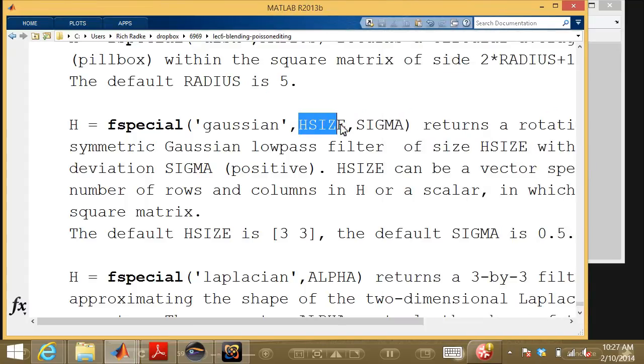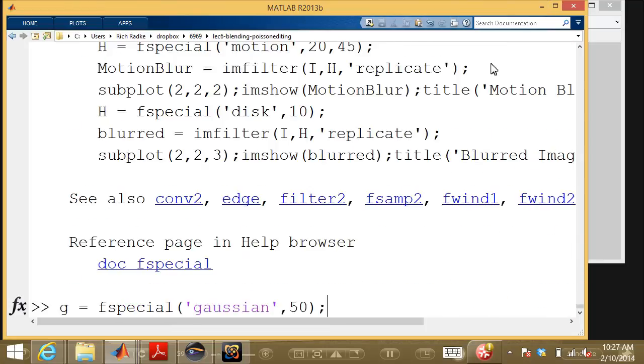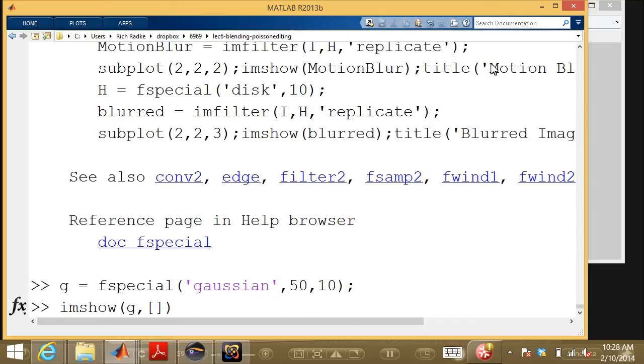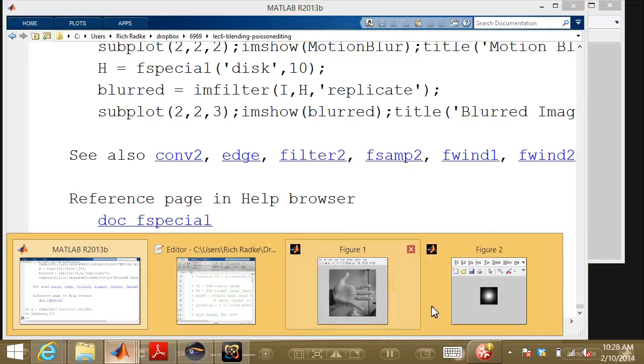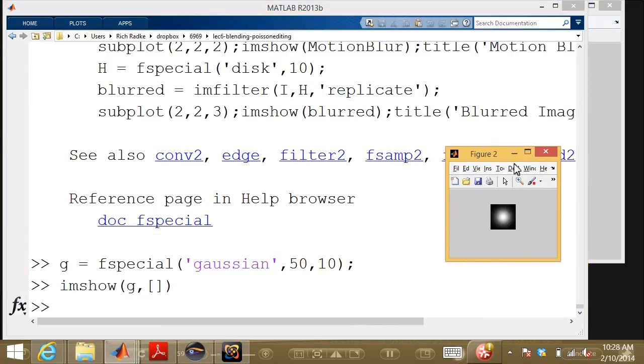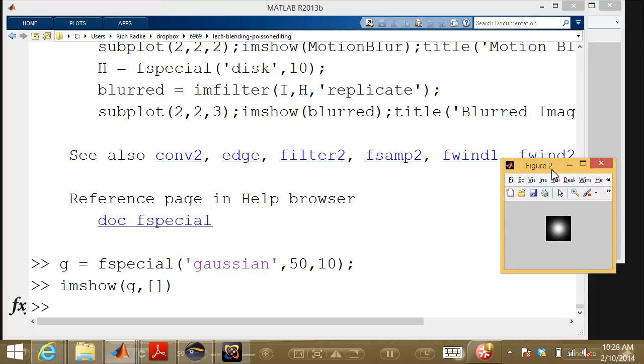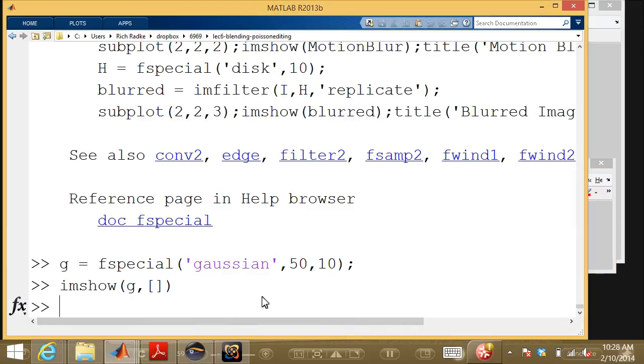size. That's basically the physical size of the filter. And then sigma tells me how wide the Gaussian is. So if I were to say, okay, I want a 50 by 50 Gaussian, and I want the variance to be like 10. Now if I look at this, it should be a little bit more visible. Right, okay. So now I've got this blurry Gaussian kernel, and then what I could say is, okay, my blurry